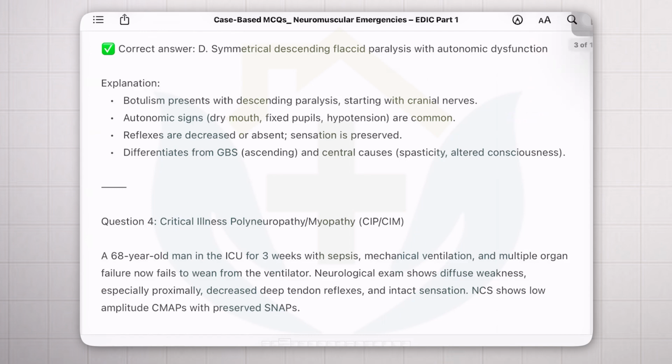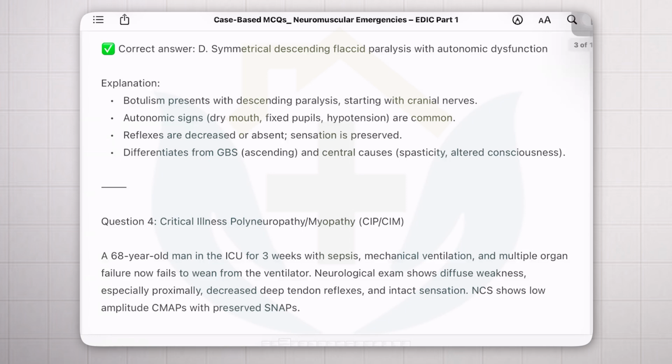These patients usually have cranial nerve involvement as the first step. In Guillain-Barré syndrome, the cranial nerve involvement, for example ophthalmoplegia, usually comes later in the course. So in botulism, it is the reverse pattern. Cranial nerves first and then the descending pattern of the